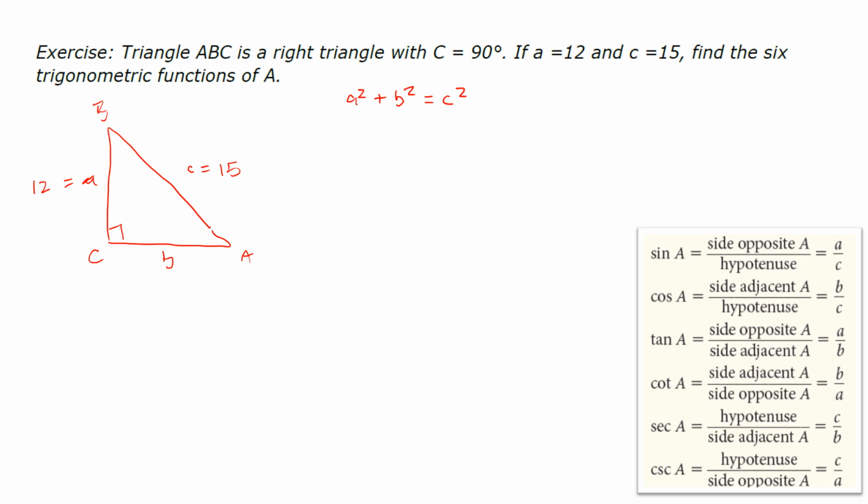A squared plus B squared equals C squared. So we'll substitute 12 for A. We're trying to find B. Substitute 15 for C. So I'm going to get B squared by itself. So I will be subtracting 12 squared to the other side. I then will take the square root,